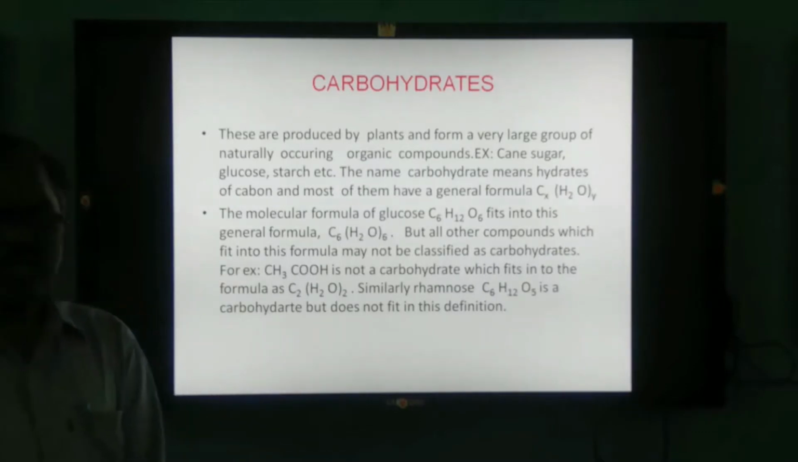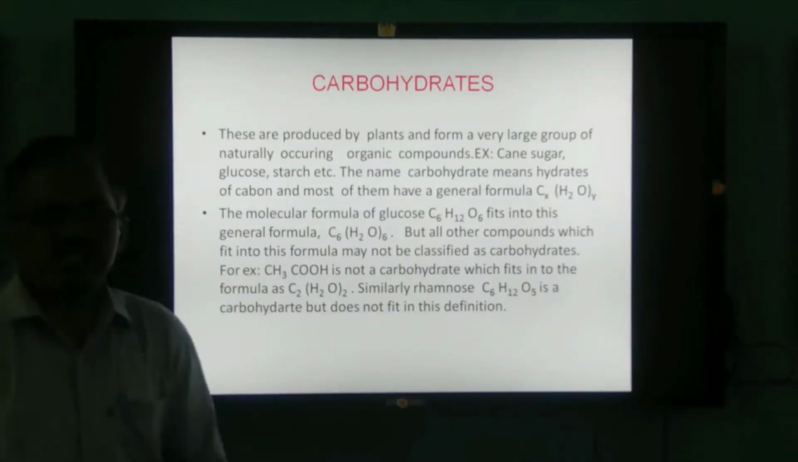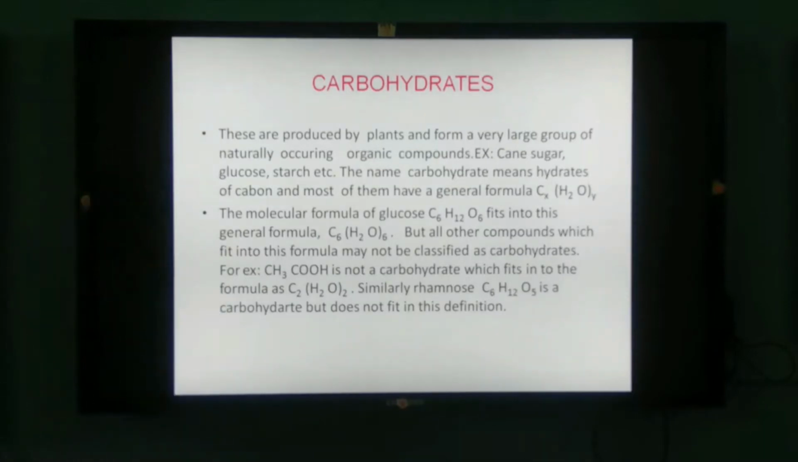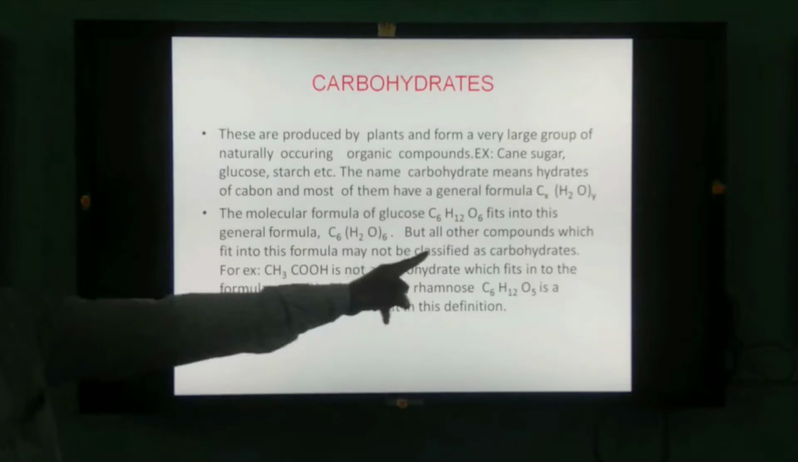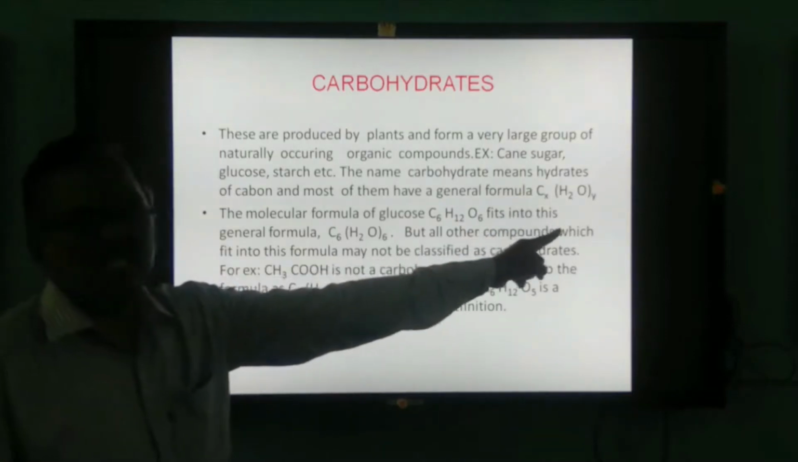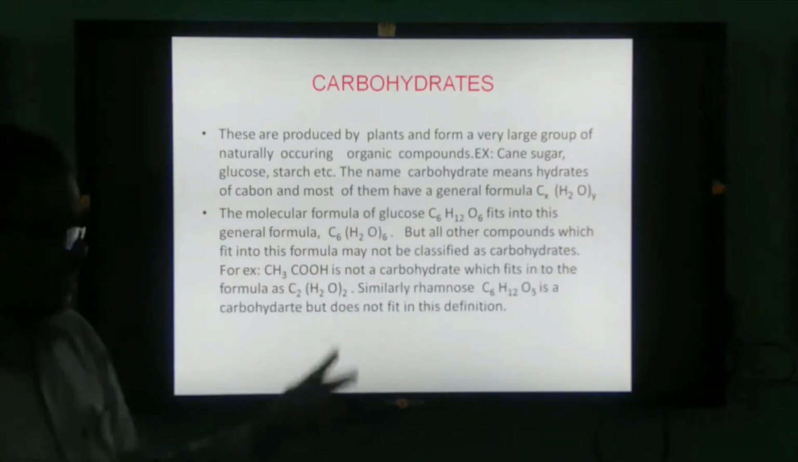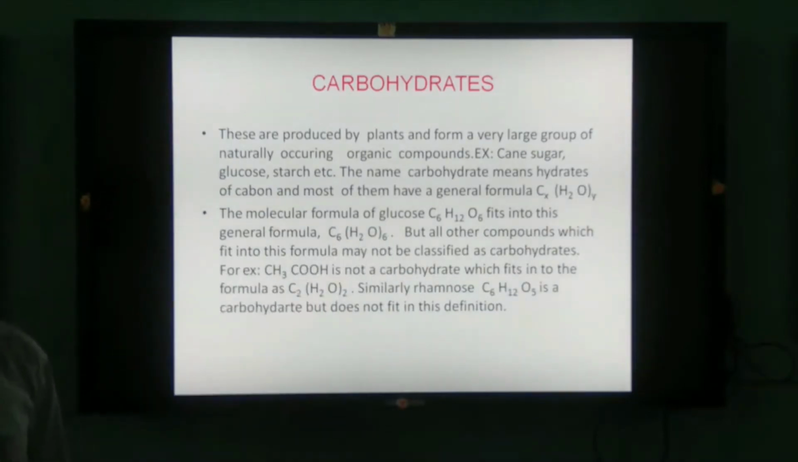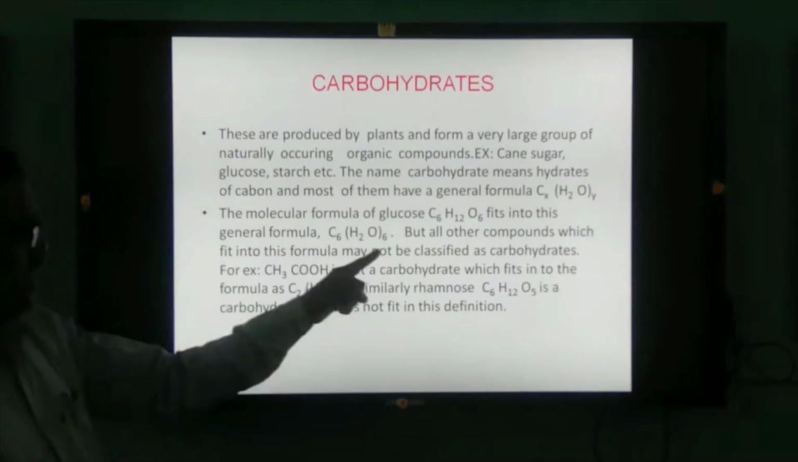You see, the name carbohydrate indicates these are nothing but the hydrates of carbon. They form a very large group of naturally occurring organic compounds. Example: cane sugar, glucose, starch, etc. The name carbohydrate means hydrates of carbon, and most of them have the general formula Cx(H2O)y. For example, the molecular formula of glucose is C6H12O6, which